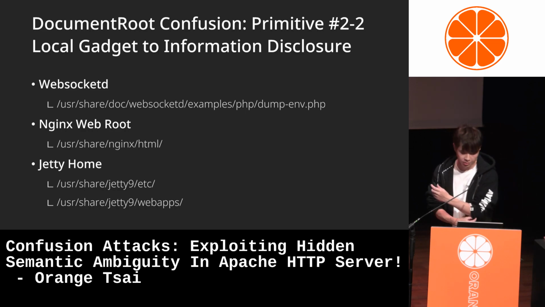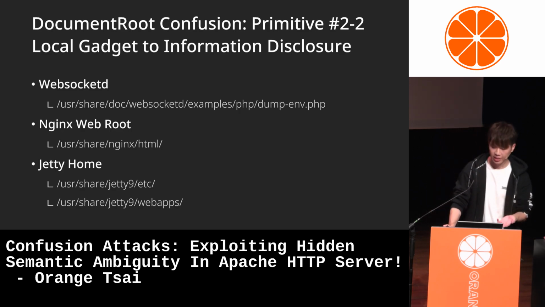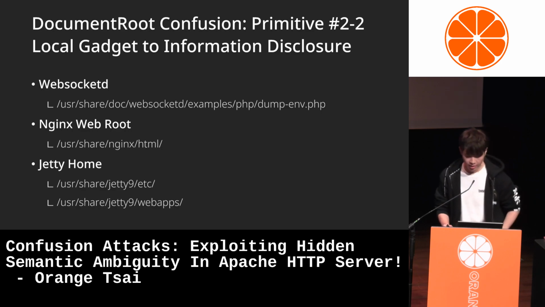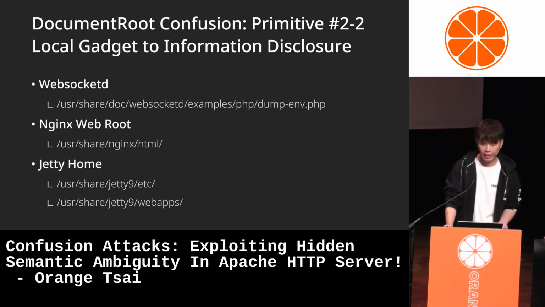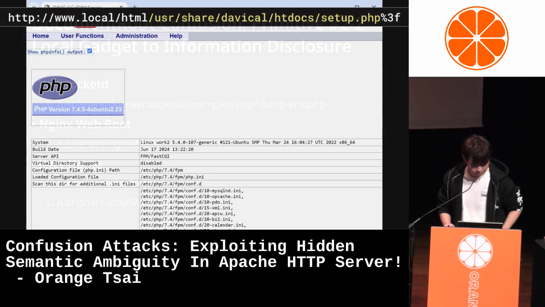environment variables. And additionally, if the target has services like Nginx or Jetty installed, the default web roots are also located under /usr/share. So you can download sensitive application data such as web.xml by a simple rewrite rule.